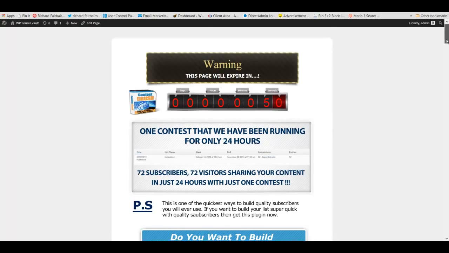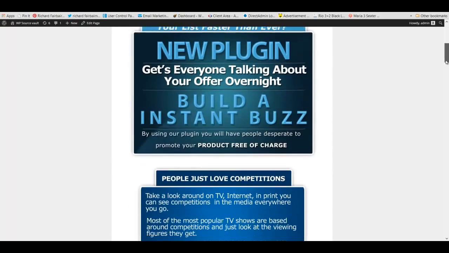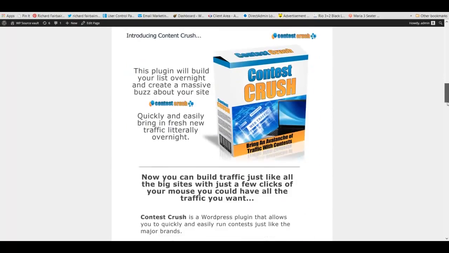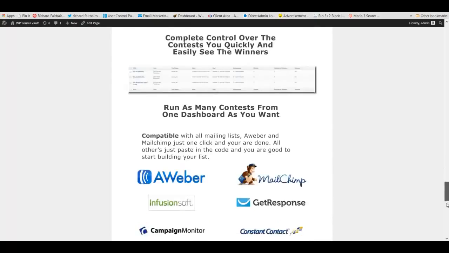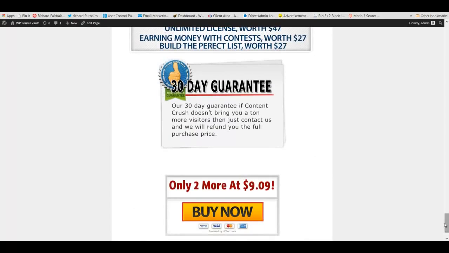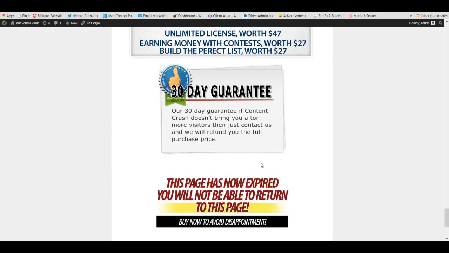So, we're back at the page and you can see that the counter has less than 1 minute to run. Once it hits 30 seconds, we will see both the expired image and the expired message activate. Now at this point, your buyer sees that he cannot leave the page and come back once he closes the page. He knows that this is his last chance to buy, making him much more eager to click that buy